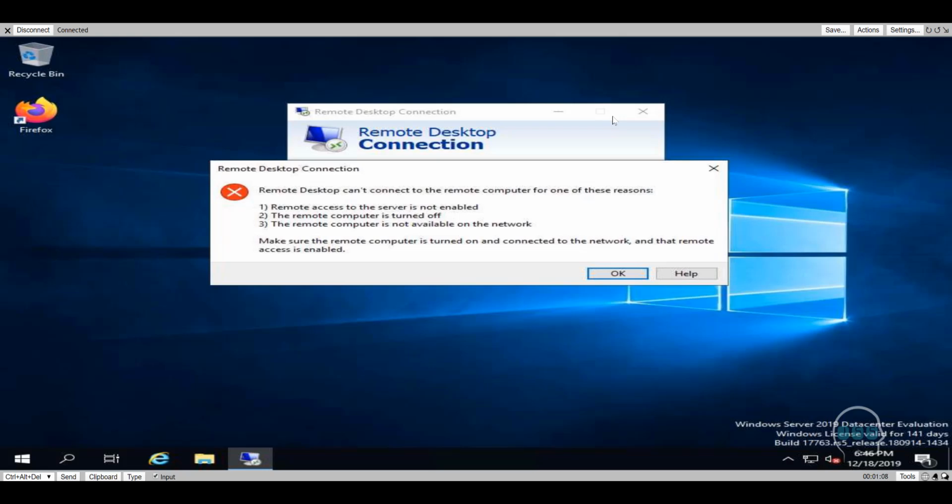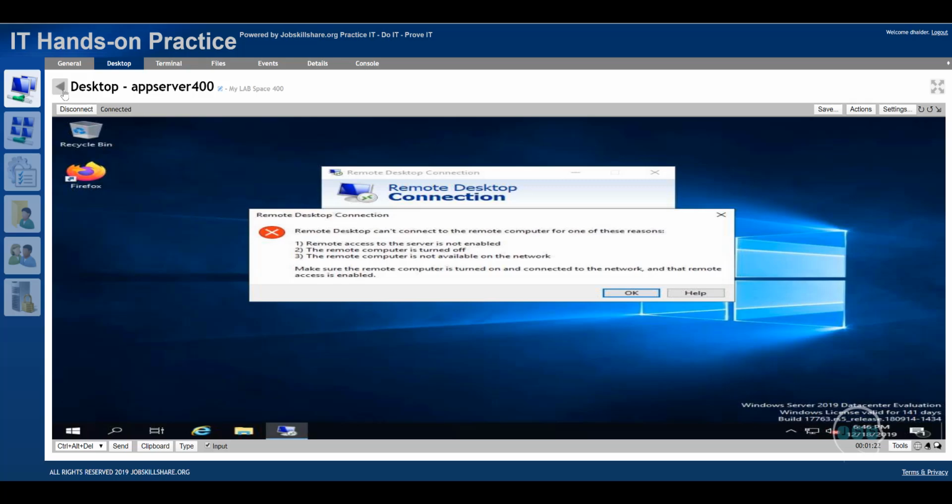The remote computer is turned off. But remember, they told you that the computer is on and it's right in front of you and it's on the same network. The remote computer is not available on the network. That's probably the third one, which is not very common. But here you see